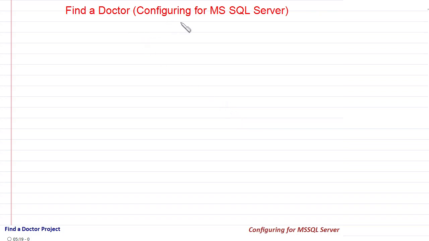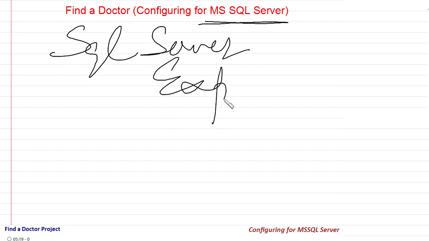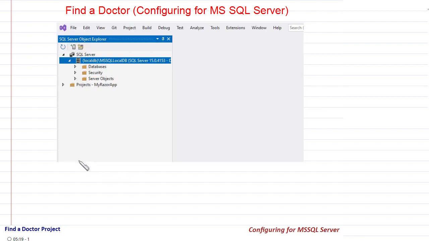Let us now configure our project for connectivity to Microsoft SQL Server. We will in fact be connecting to SQL Server Express because it is available built in Visual Studio. For a proper Microsoft SQL Server, you will need a connection string for your SQL Server. Everything will work the same as we do in these steps. So let us now see what we actually need.